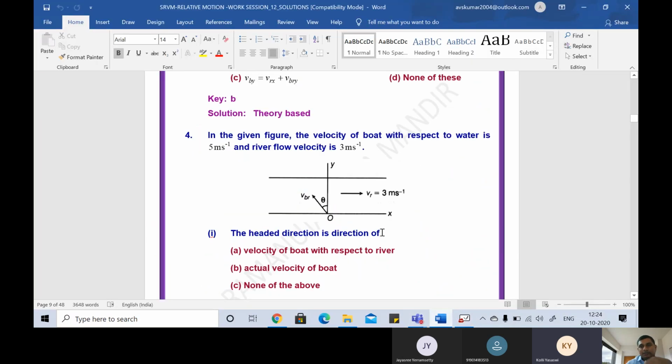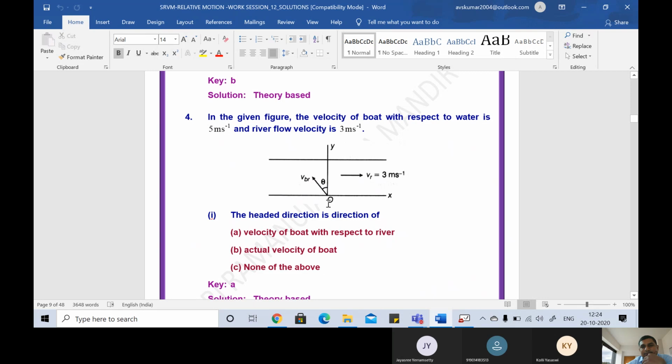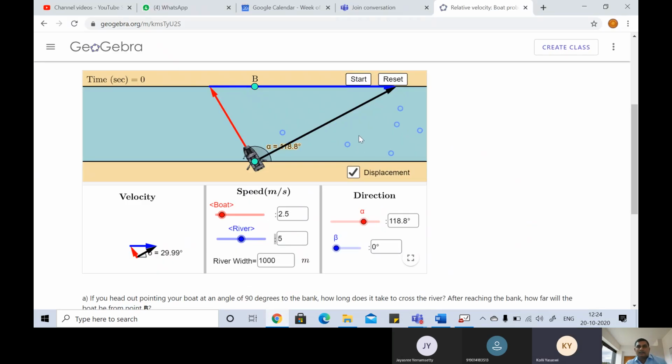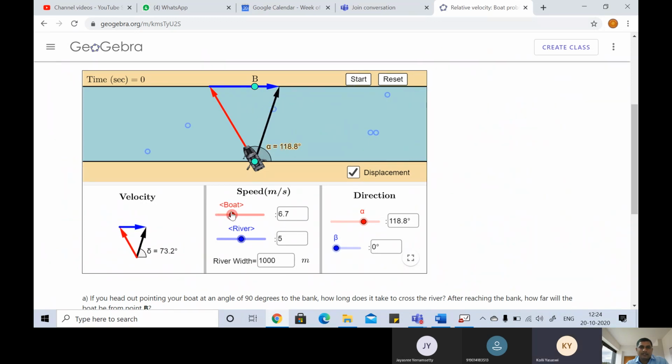Yes, sir. So right now they told that this is some theta. Now this vector should be which side? It should be perpendicular, no? Yes, sir. In that case, what should be this theta? Here theta is measured from vertical. Theta should be? Sir, 90, like it is measured from? It is measured from vertical. I'll show it here.